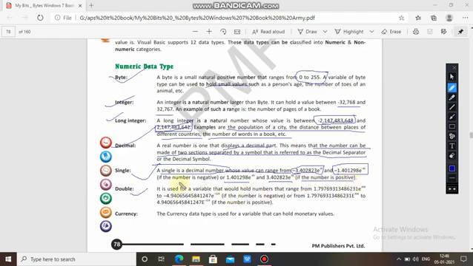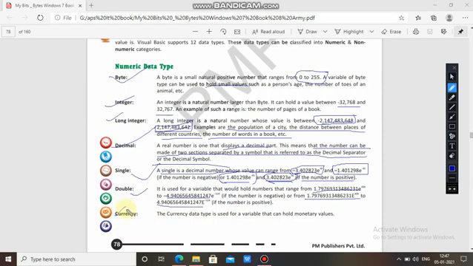Double is used for variables that hold numbers in a much larger range. If the number is negative, it falls in one range, and if positive, in the other.